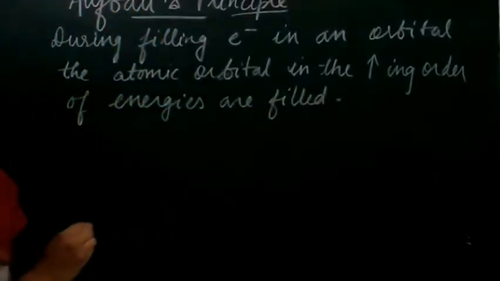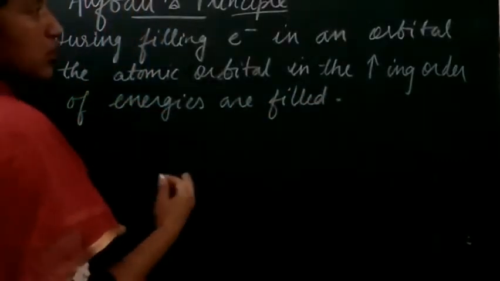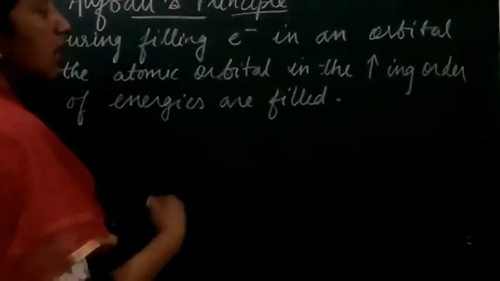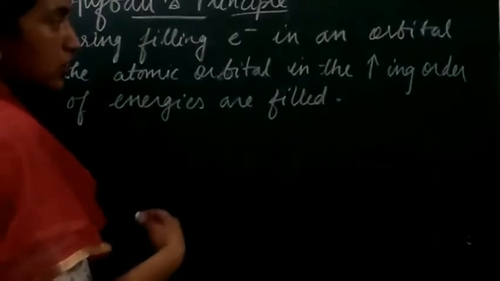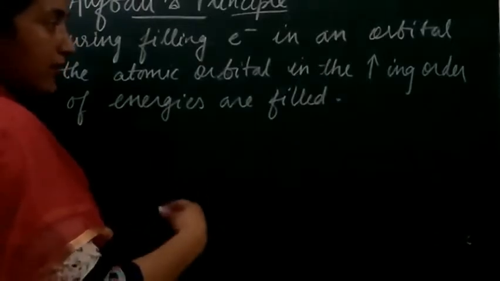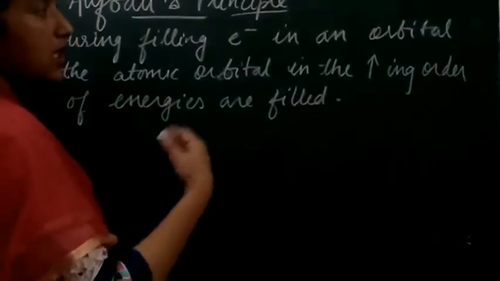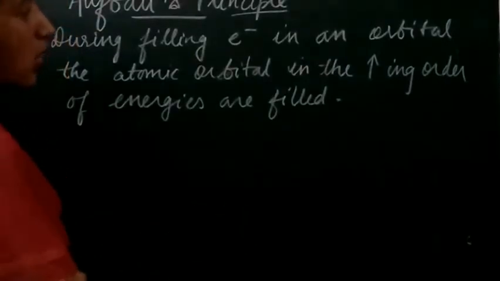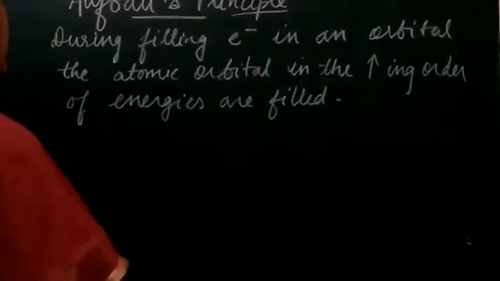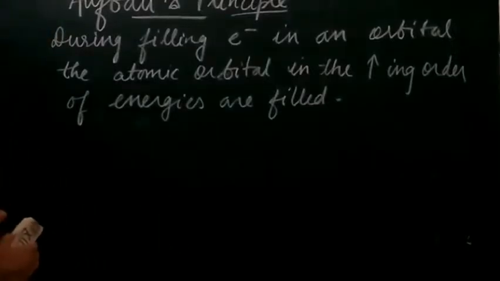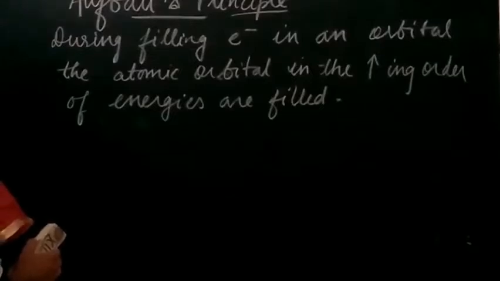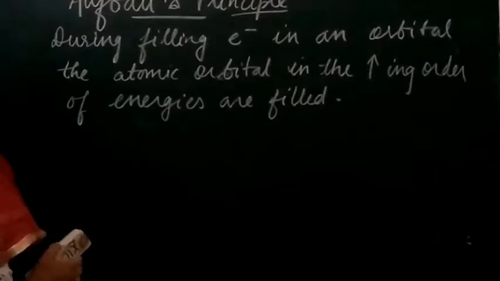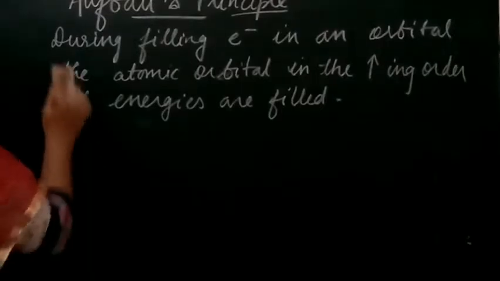So when we are talking about getting the electrons filled in an orbital, the one which has got the lower energy will be filled first, and then we are going to gradually proceed toward the higher energy levels, right? And this forms the basis of the electronic configuration. So now we will plot the figure from where we can easily get the sequence of filling of the configuration.